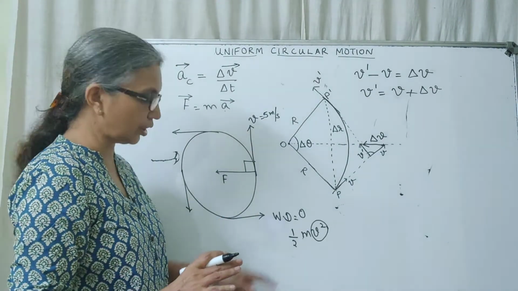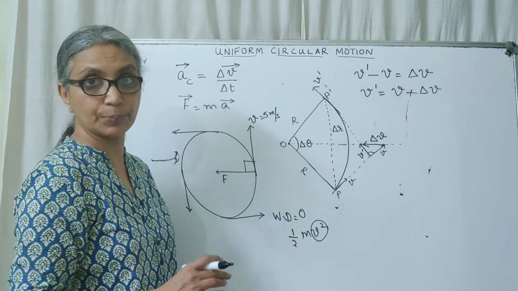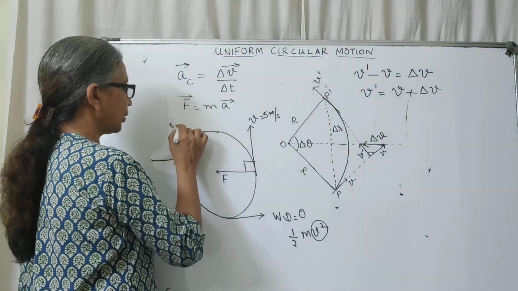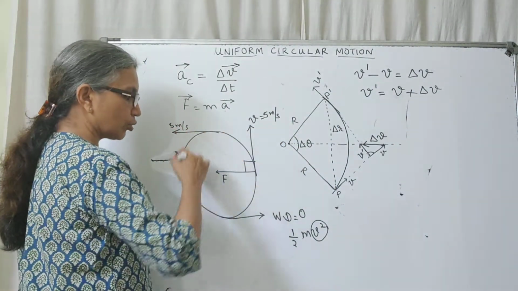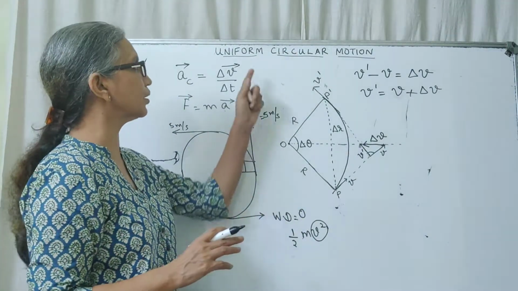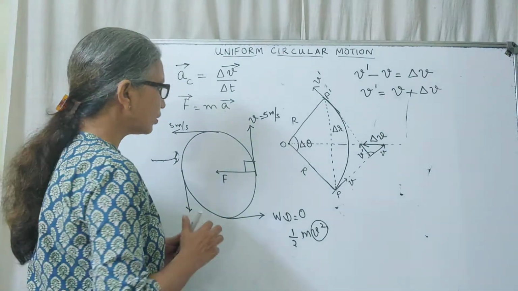That means there is no change in the kinetic energy of the body, which means there is no change in the speed of the particle. Or if this is 5 meter per second, at every point of the circular motion, the speed will remain the same. That is why it is called uniform circular motion. So here,